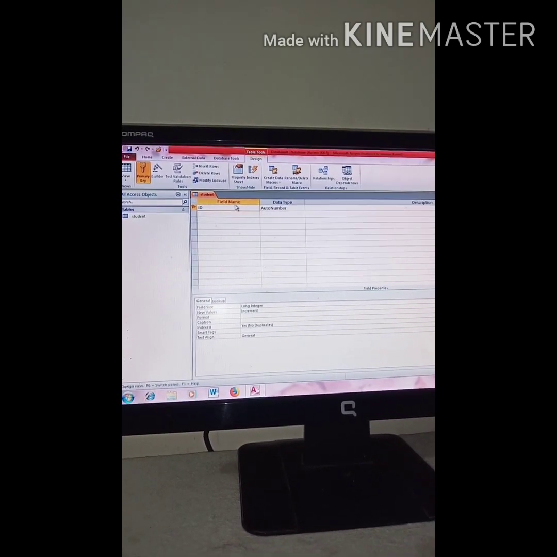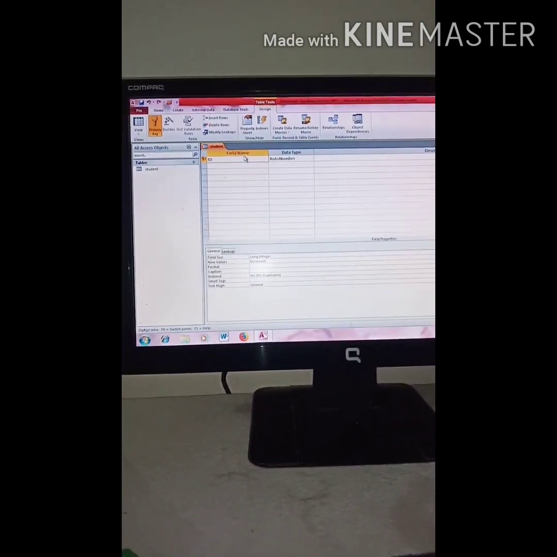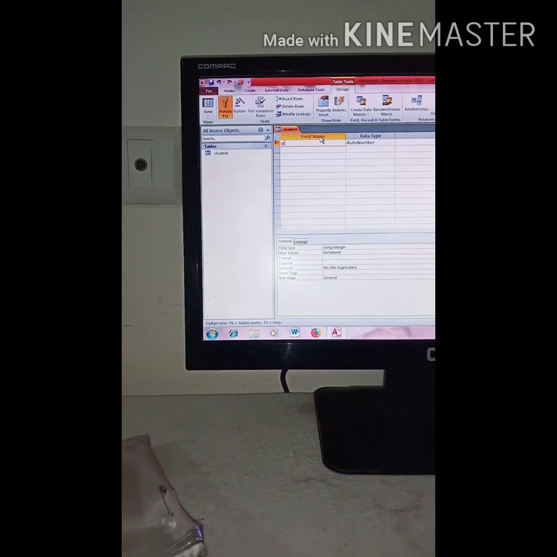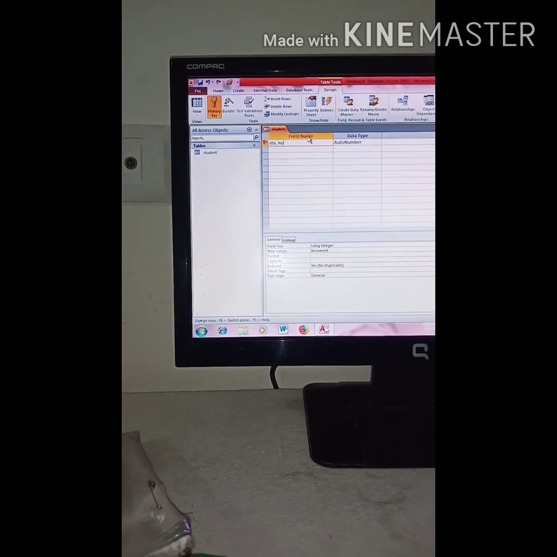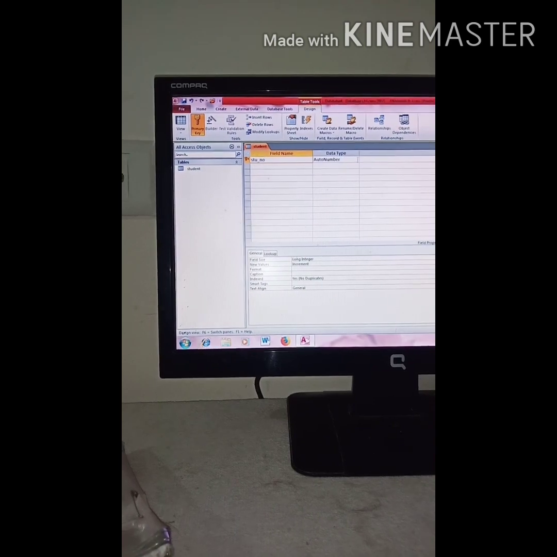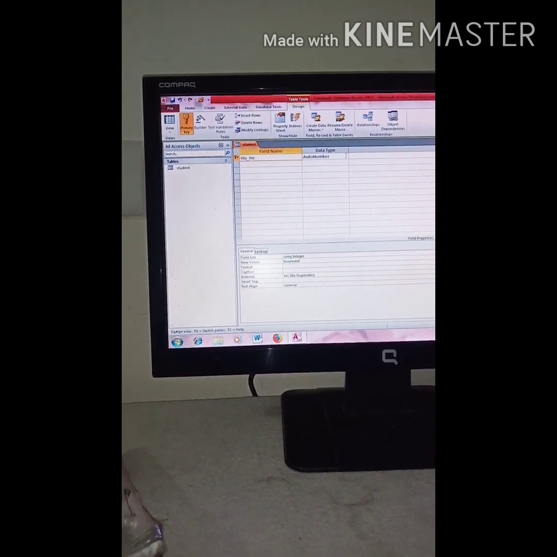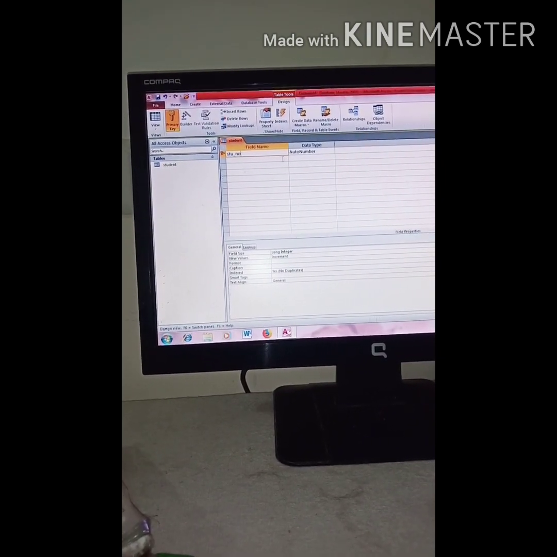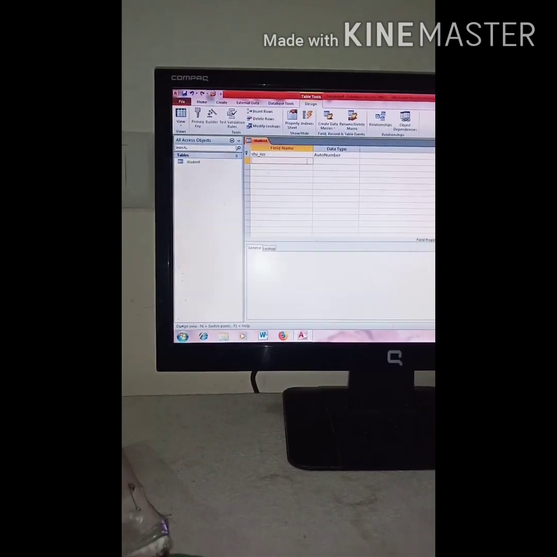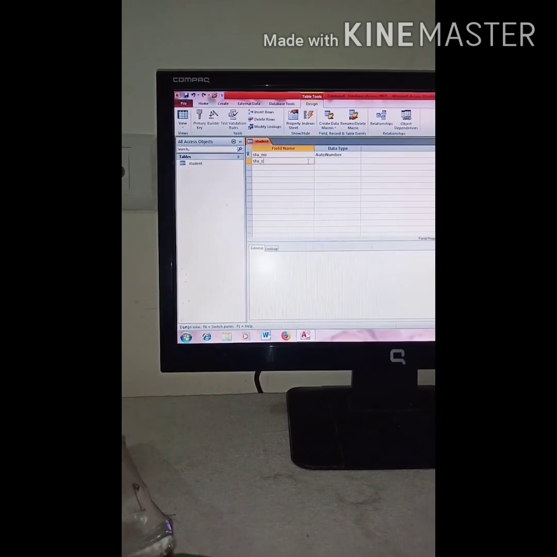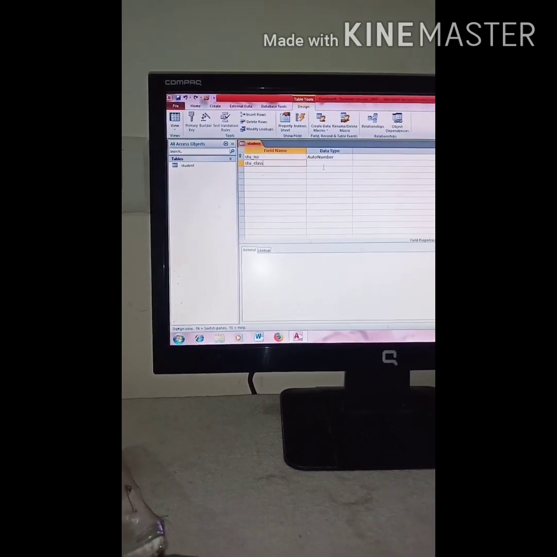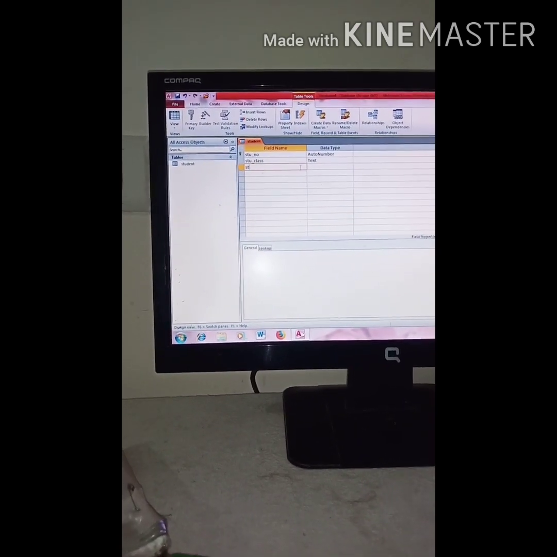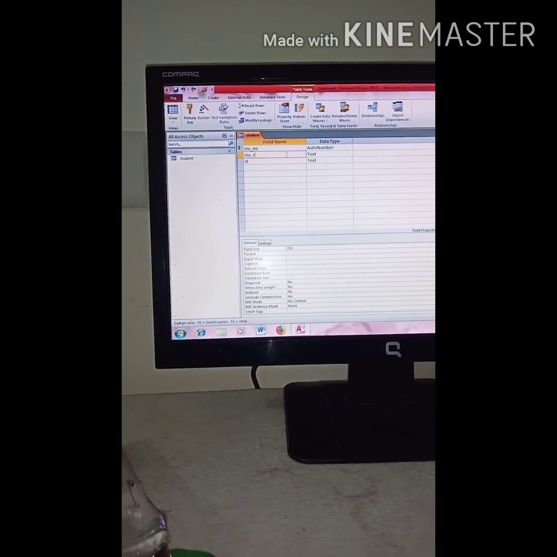So let's start with the student database. In place of ID, I am writing student's roll number, because student roll number will be the primary key for the table student, because a student's roll number will uniquely identify a particular student in the class. Okay, second one I am taking student name, text.